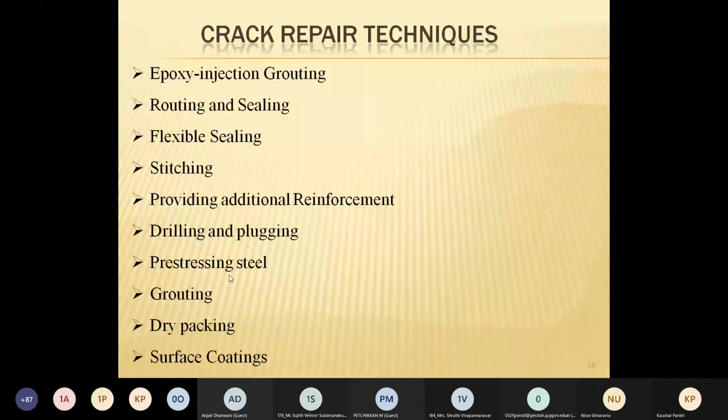If I enlist more over here, more techniques can be involved. That depends on the location, that depends on the site. Also, it depends on locality to locality. The repair techniques are still there. These are the major techniques that are to be enlisted over here, that we have to understand.